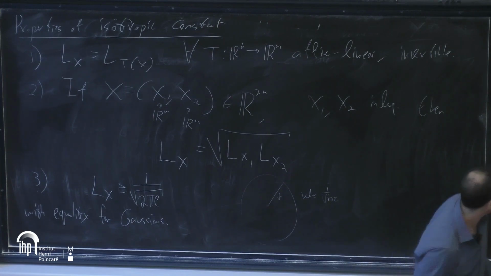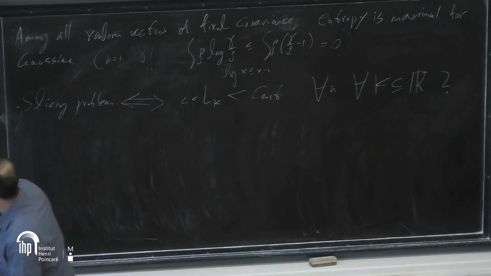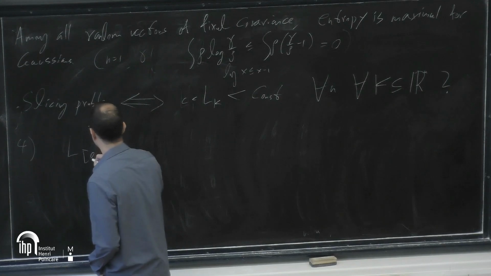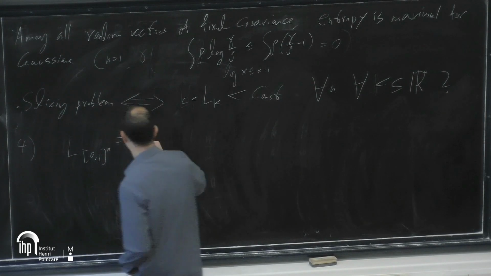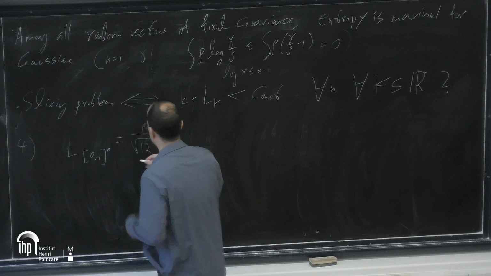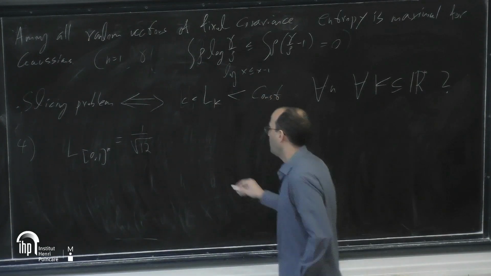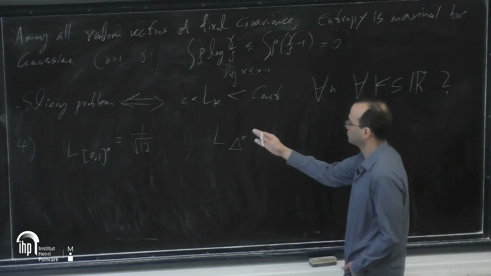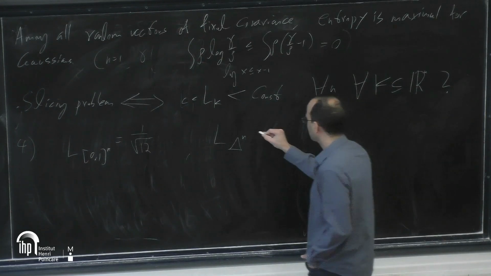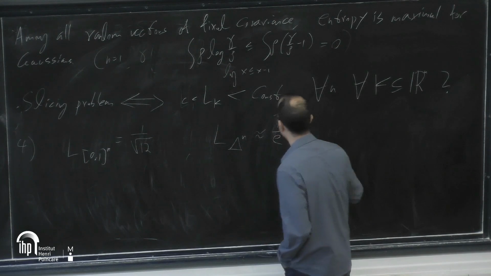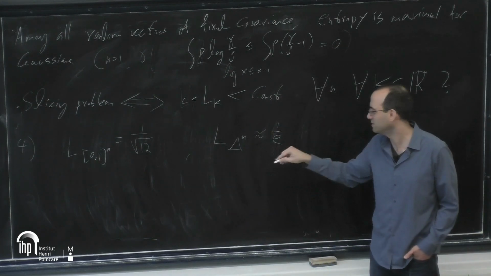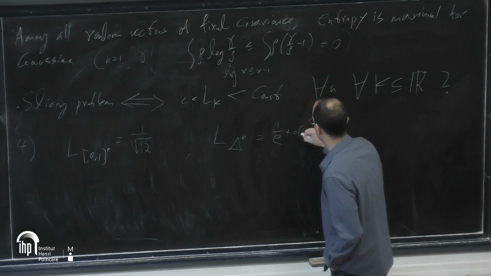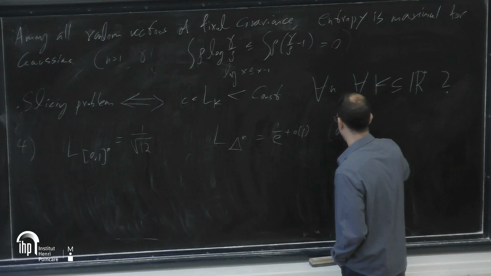Okay, and some examples. I think this should be number 4. So what do you get for the cube? For the cube it's 1 over root of 12, because it's the variance of a uniform random variable. And for the simplex, I don't care which simplex because it's all affine invariant, I don't remember, but it's roughly 1 over e. When I put 2 tildes, it means this equals this plus little o of 1 as n goes to infinity.